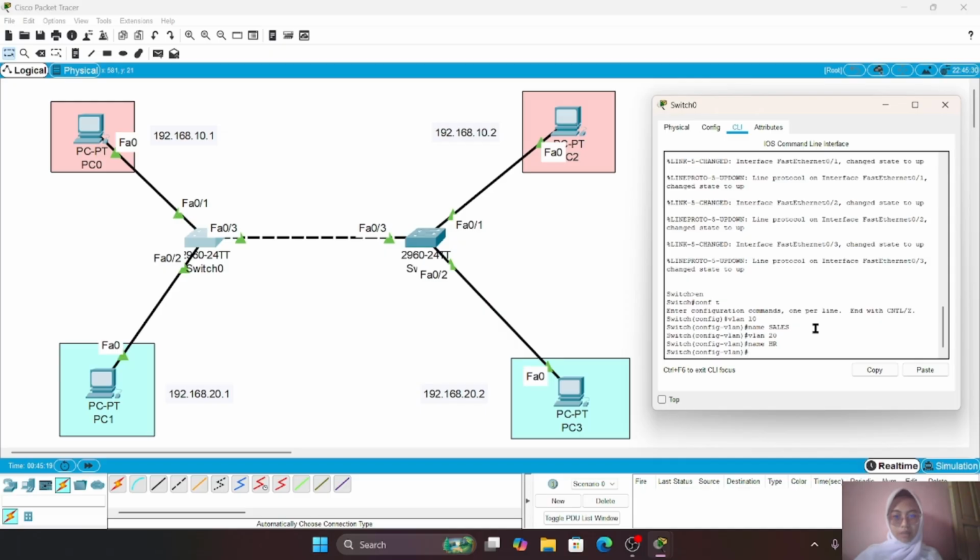The next step is assigning switch ports to the appropriate VLANs. Fast Ethernet 0/1 is assigned to VLAN 10. Fast Ethernet 0/2 is assigned to VLAN 20.